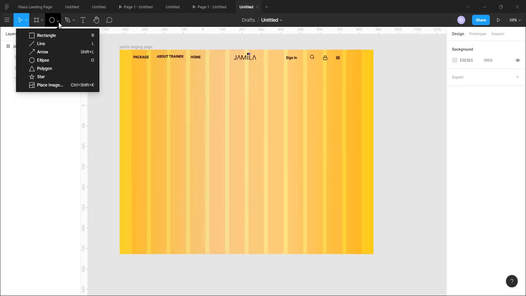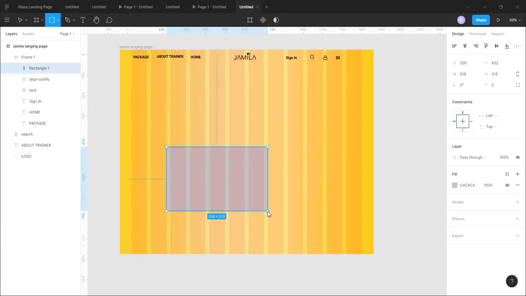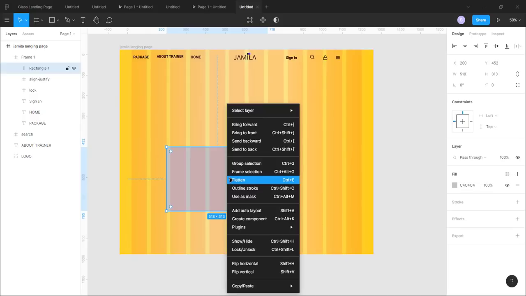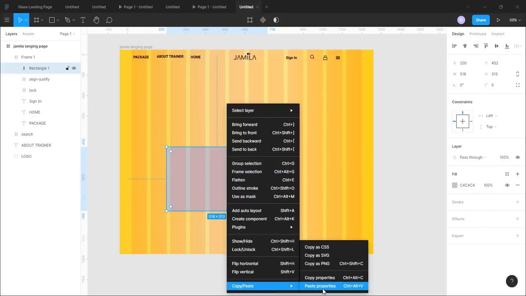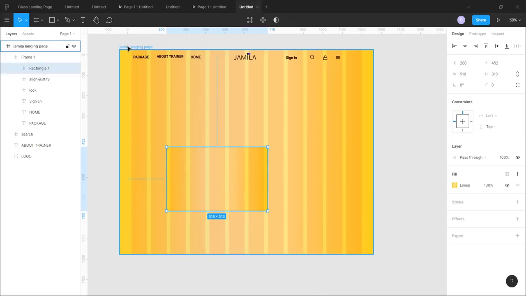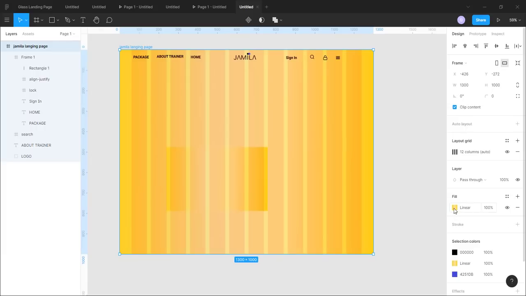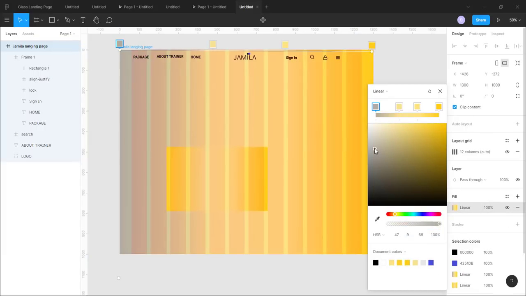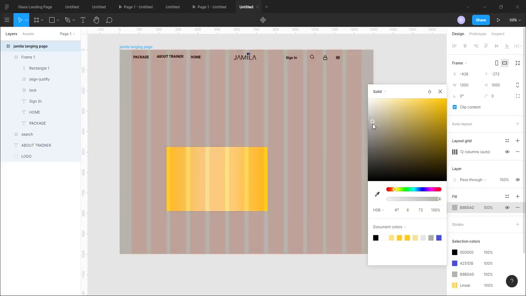Let me create a rectangle, then I'll paste the properties of the background. Then now I can go and change the color of the background to whatever I want. Yes, I'm going to change to solid color. It shouldn't be perfect, but